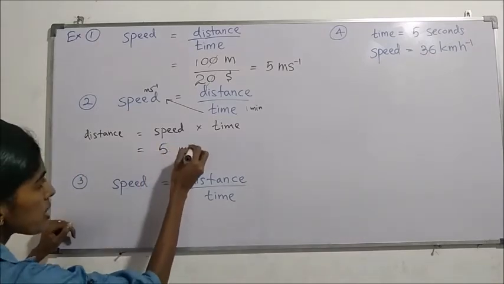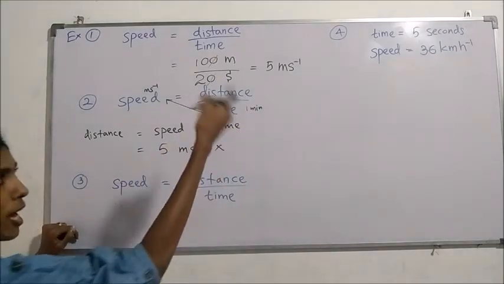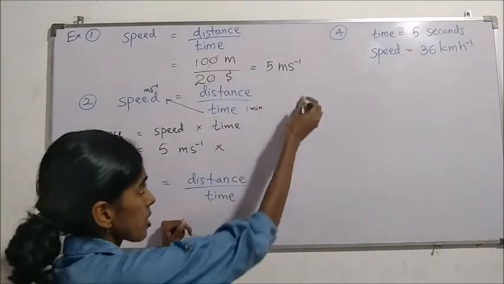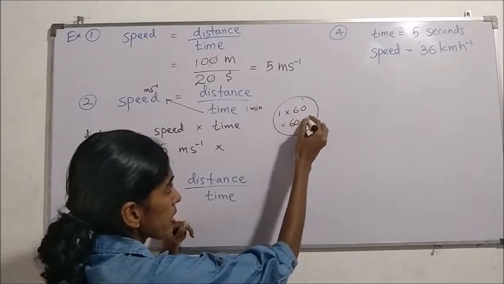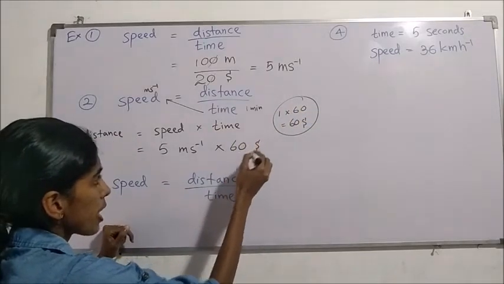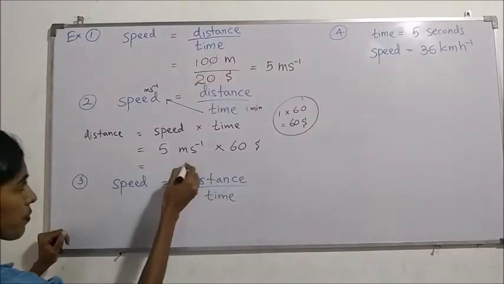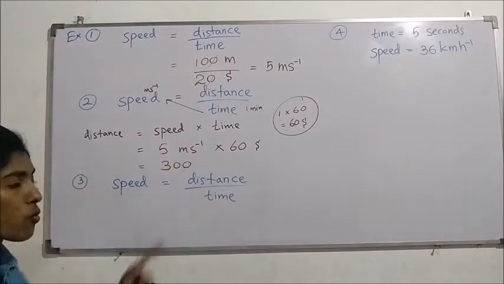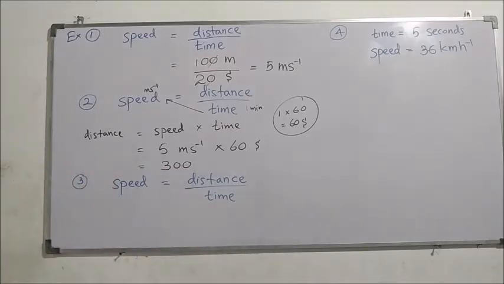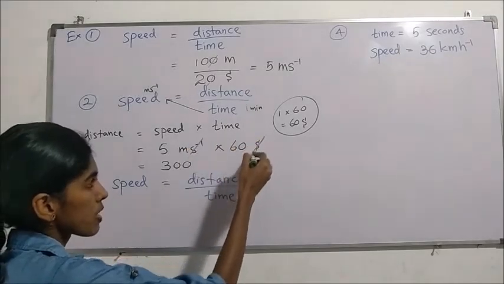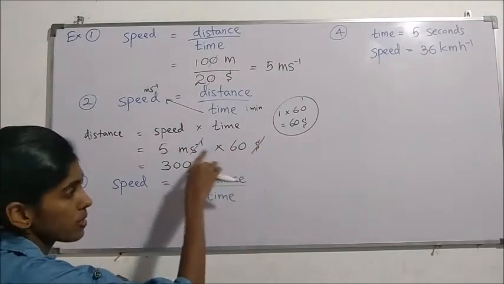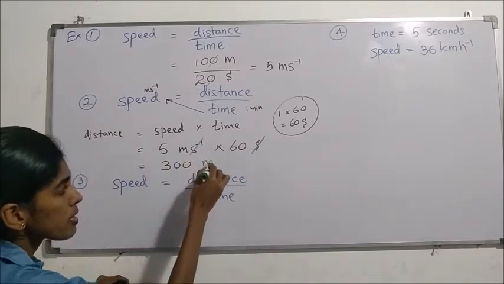Now the speed is 5 meters per second and the time, I am converting it here, can be done separately also: 1 minute multiplied by 60 seconds. So here we will multiply by 60 seconds. 300. Now what will be the units here? It's a distance, no? So in meters only it should come. And when we cancel the units also, we can get the same answer. Per second to second you can cancel, so only meters will remain.